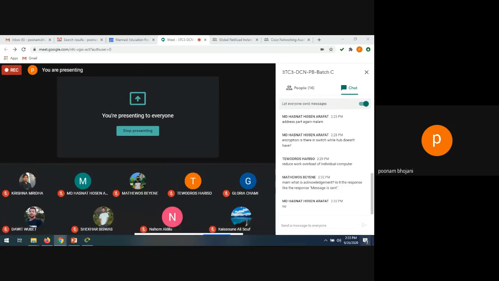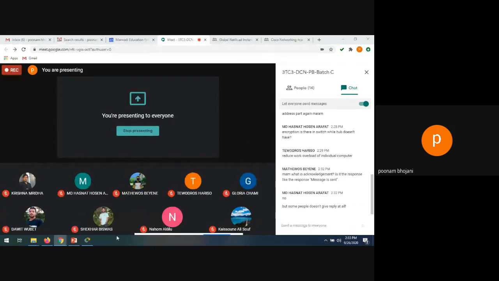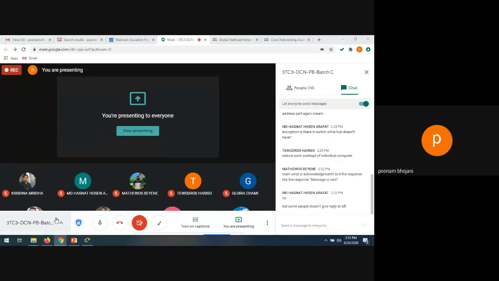When you send a message to another person, you may or may not expect a reply, it doesn't matter, but whether your data has been received at the appropriate destination or not is very much required, so that you can come to know whether you need to send your data again. If your data is not acknowledged, it means you have to send your data again to that destination. And if this happens two to three times, it means there is some problem in the connection. Then the network connection will be checked by the person, that okay, the network is having some problems, I have to check it. The maintenance part is required.